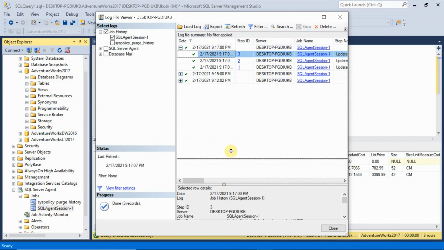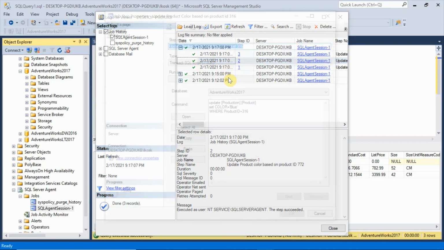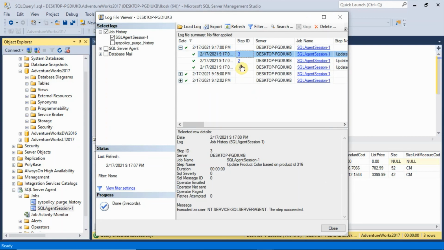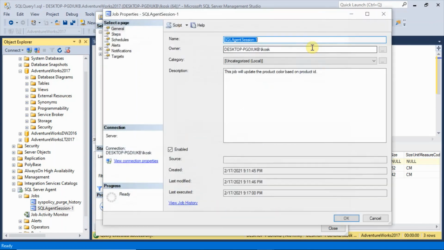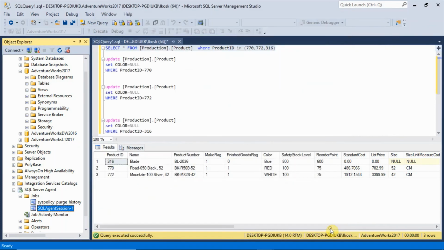Click on this, drag it up. You can see the message also, who executed the job. Okay, and here everything is there: which server, what is the job name, what is the step name, how much duration it took, what date it executed. So everything you can see here. If you click on this step ID, you can go directly to the job steps, what was there updating. Just click on this and you will be there, right? If you click on this sessions, you will go directly to the journal. So this way you can schedule things, you can manipulate things in whatever manner you want.